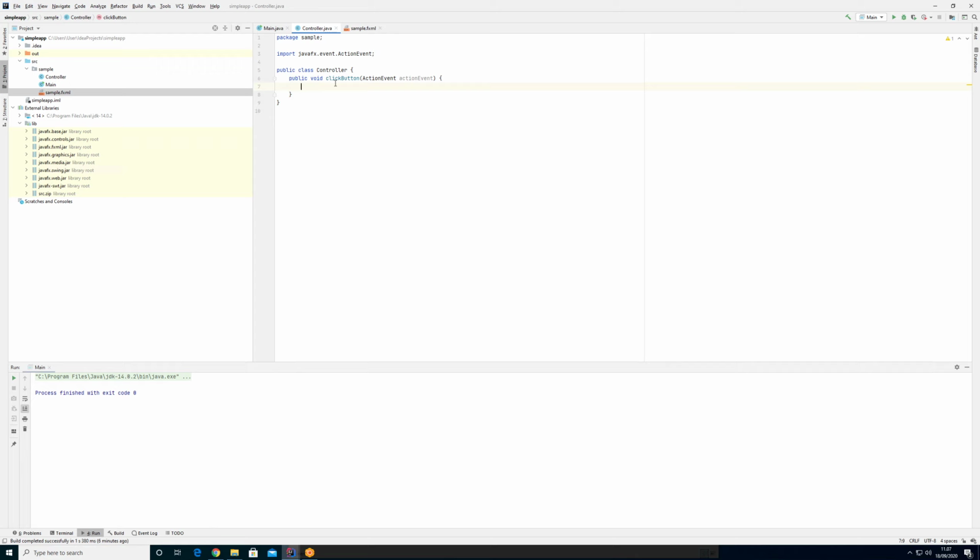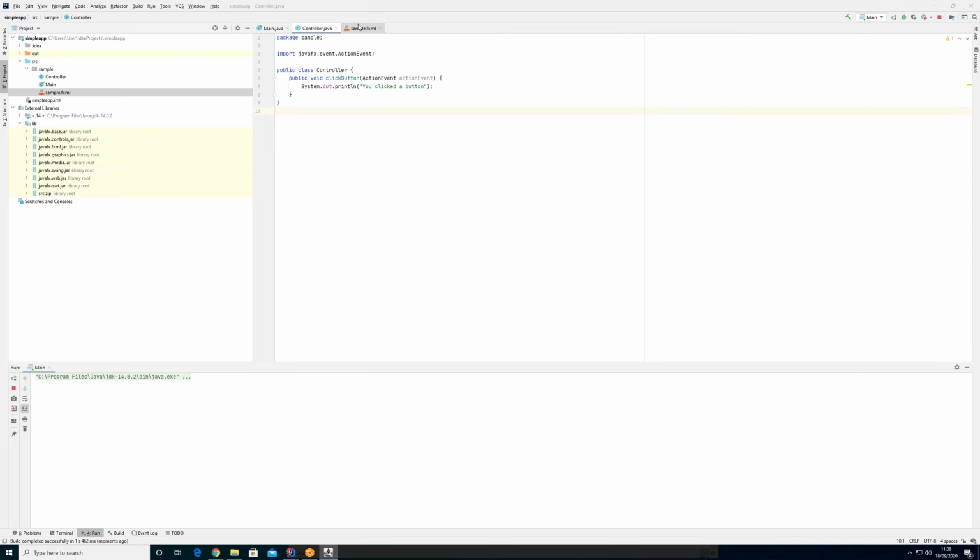So now we have our public click button here. Whatever we do in here, if I write system out print line and I write "you clicked a button," then it should print out down here in our text output. It should print out "you clicked a button." Let's try to see if we can actually make that work. So I'll run the program,